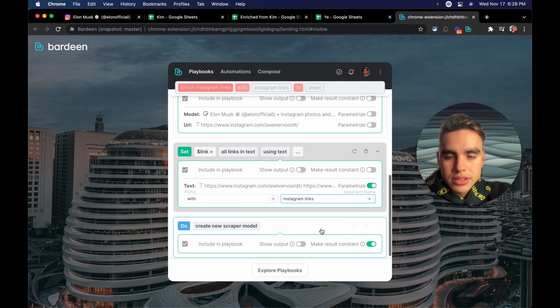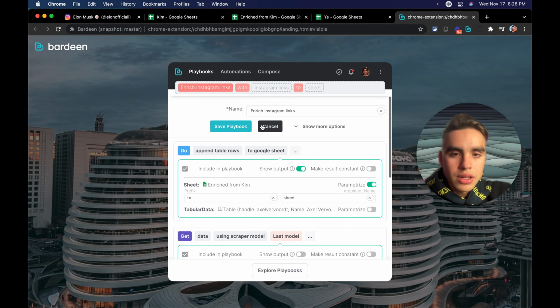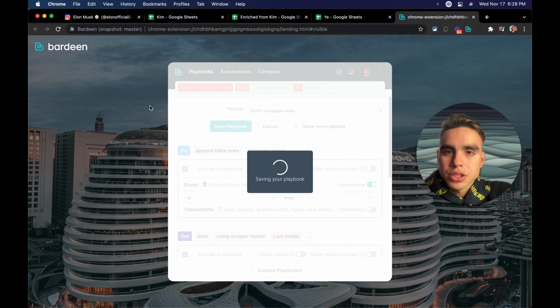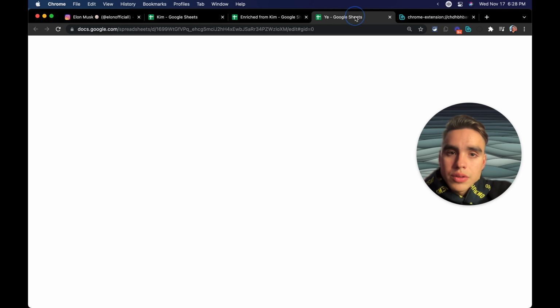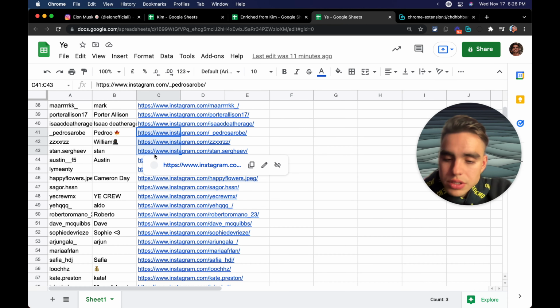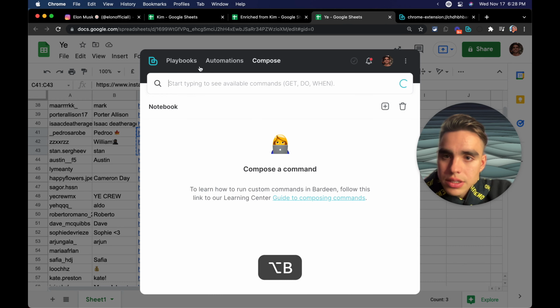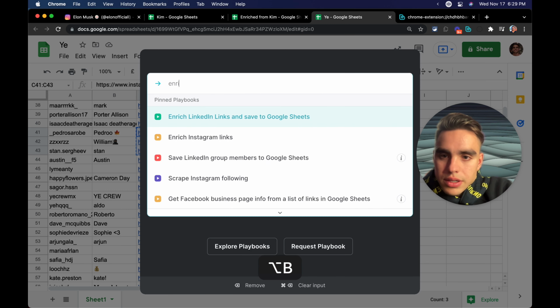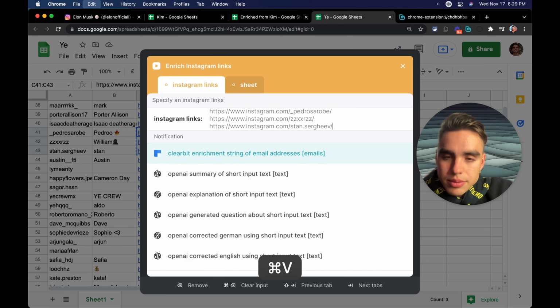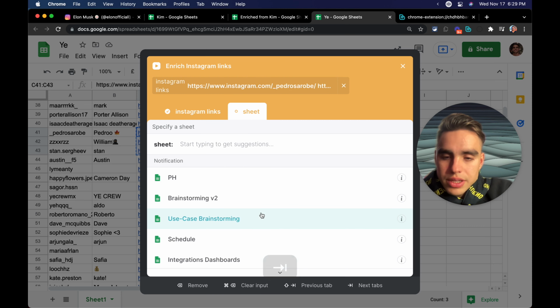Okay, so you provide a list of Instagram links and you tell which spreadsheet you want to add the information to. And the next thing you want to do, when you want to enrich information from your Instagram, copy a few links, find that awesome playbook. It's called Enrich Instagram links. Paste the links over here, pick the spreadsheet,